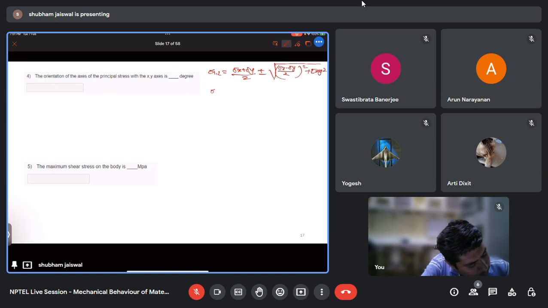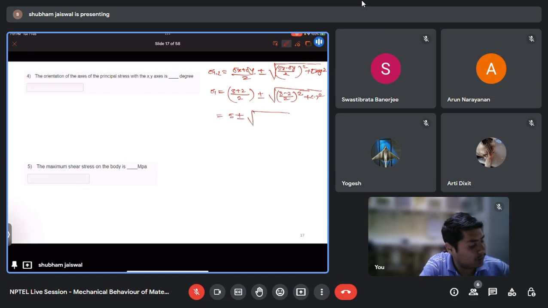So sigma 1, sigma x is 8 plus 2 by 2 plus or minus square root of ((8 minus 2) by 2) whole square plus 2.7 whole square. So 8 plus 2 is 10, 10 divided by 2 is 5 plus or minus under root 8 minus 2 is 6, 6 by 2 is 3, 3 square is 9, plus 2.7 square is